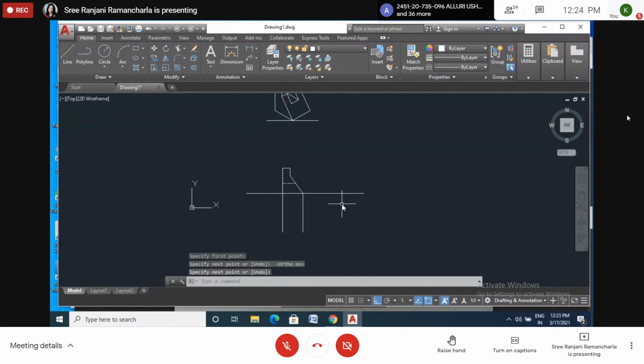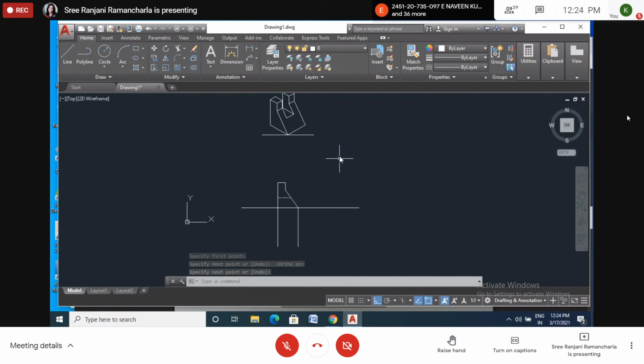Now from some distance I will draw. So this is the top view. This is the front view. So here I will get like this. This bottom edge, this side edge, I will draw. So just pick somewhere and draw the horizontal.